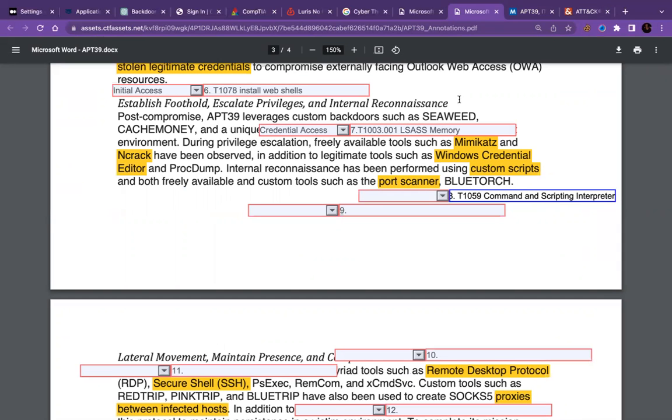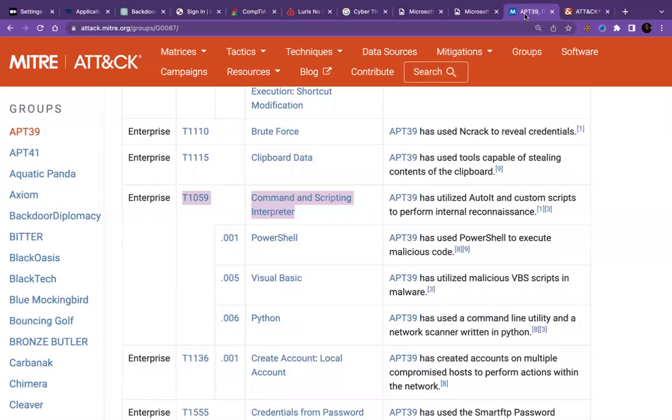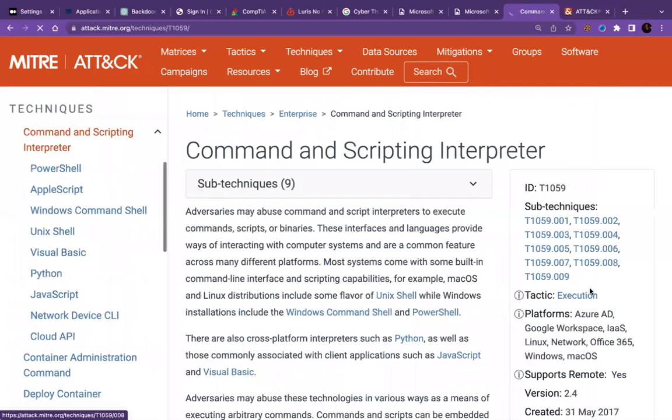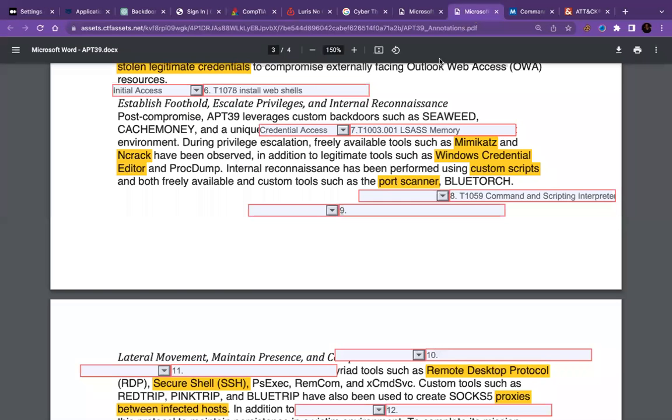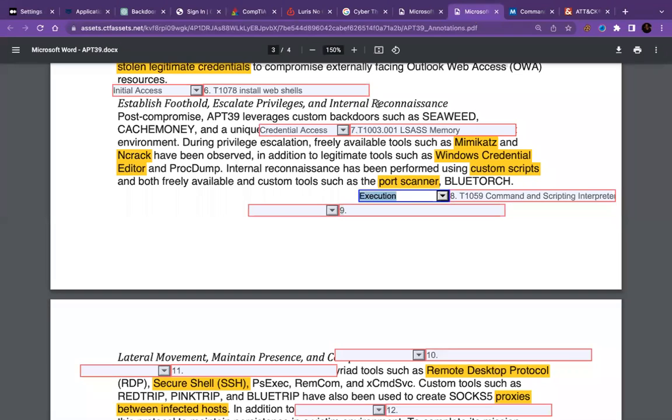And that technique is categorized as execution, as I thought. So let's go into execution. All right, so after you execute